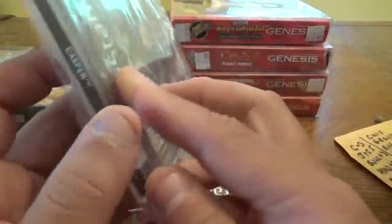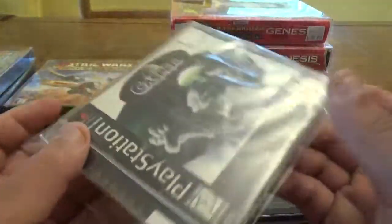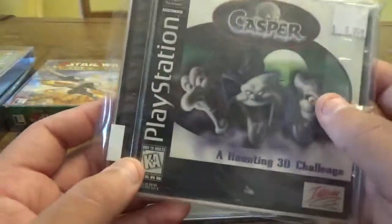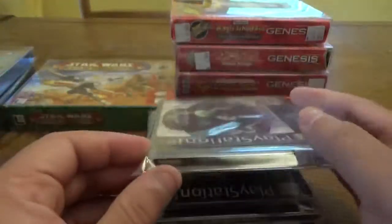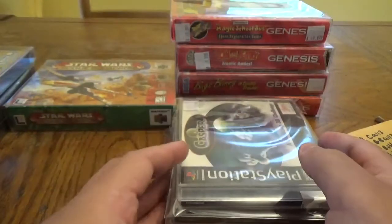So from Interplay, for the PS1, we have Casper. Now the interesting thing about the PlayStation 1 version is that it's very, very cheap. The Saturn version, on the other hand, that you saw in the previous videos,